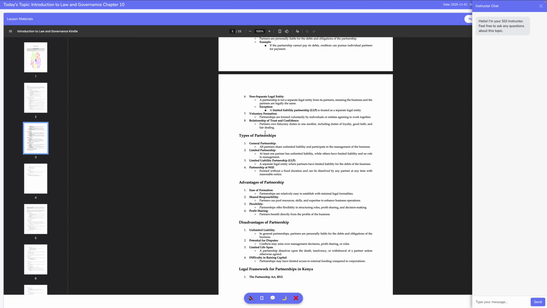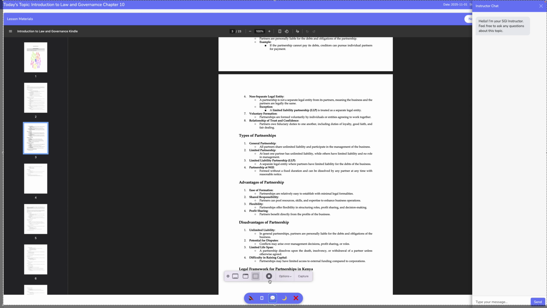Limited partnerships introduce a distinction between general and limited partners. At least one partner assumes unlimited liability and manages the business, while others contribute capital and have limited liability, meaning their risk is restricted to the amount invested. Limited partners typically